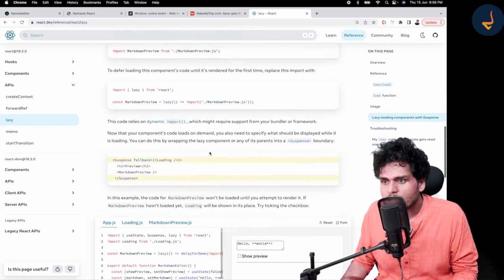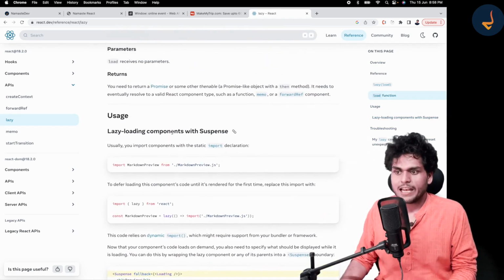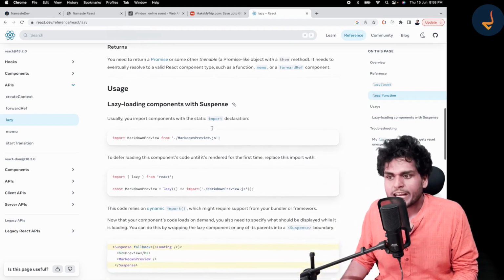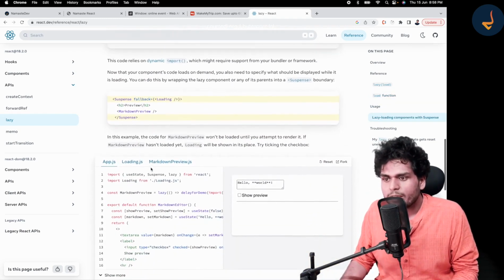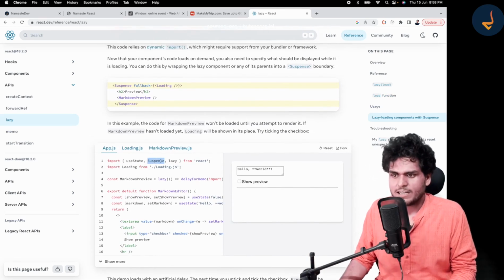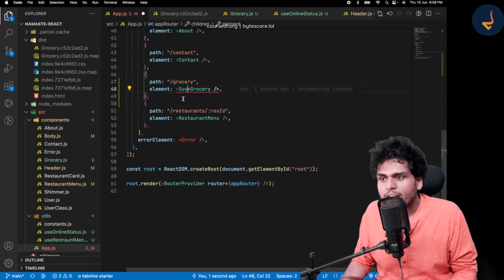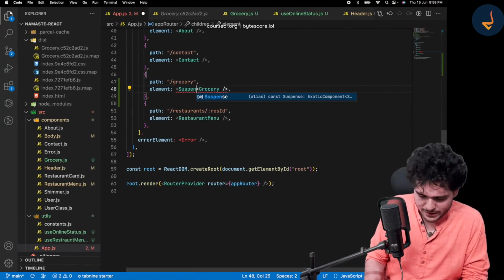Yes, lazy loading components with Suspense. So React gives you this component, Suspense, and you can wrap your component in it.